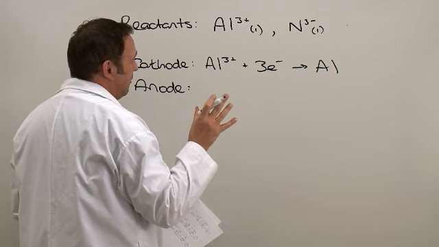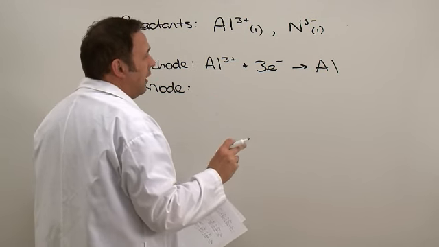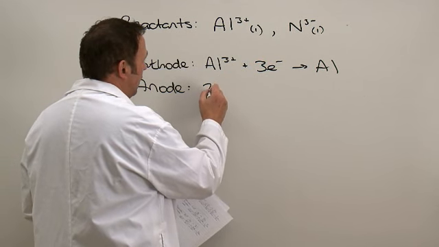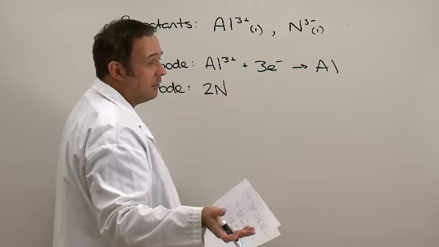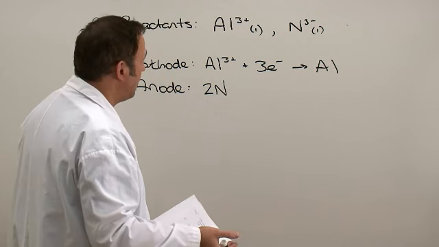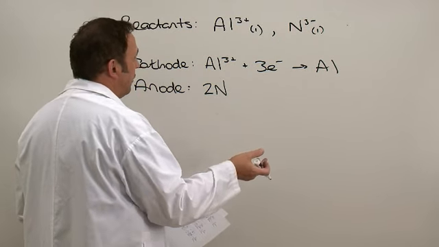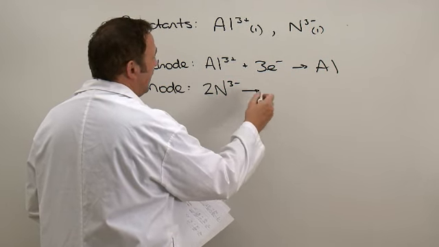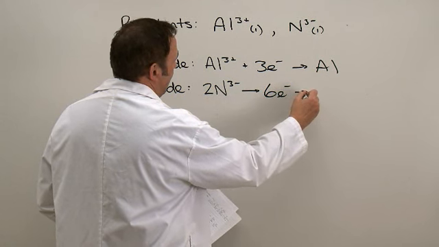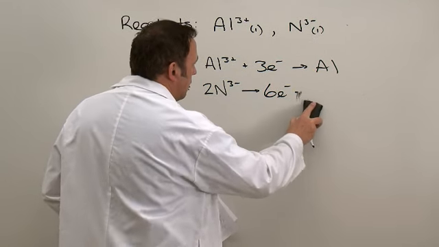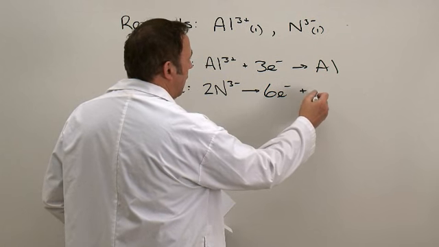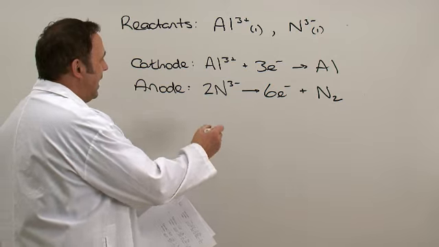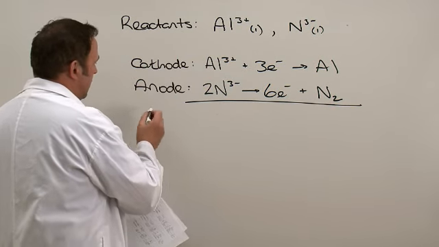Now, you've got to be careful that you're going to end up with nitrogen gas, and so when we write this, I'm going to be writing it as 2 nitrogen, because N2 is the elemental formula for nitrogen. So this is going to lose a total of 6 electrons, and we'll end up drawing arrows here, and I get nitrogen gas. So my net equation then for this,